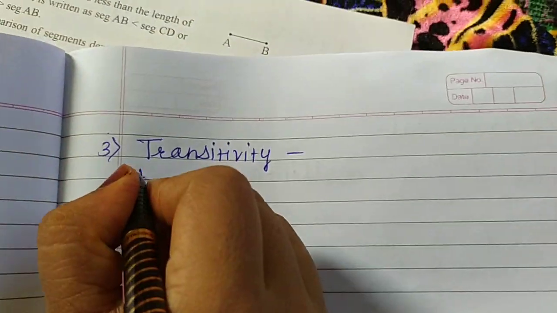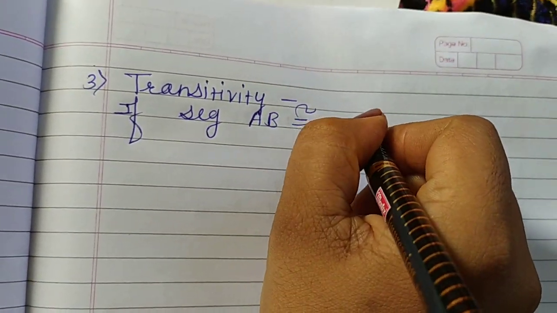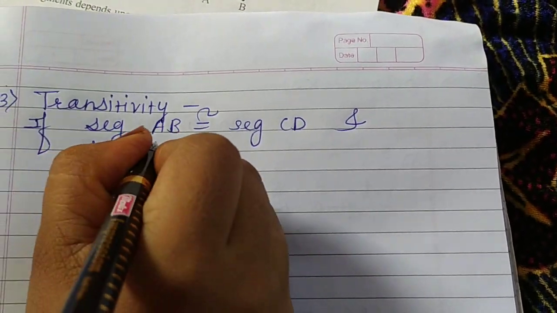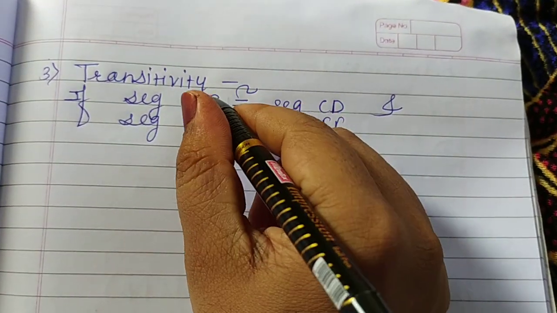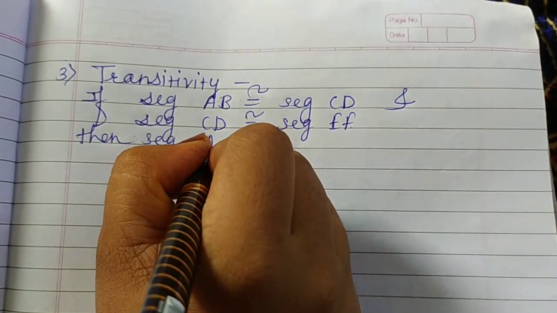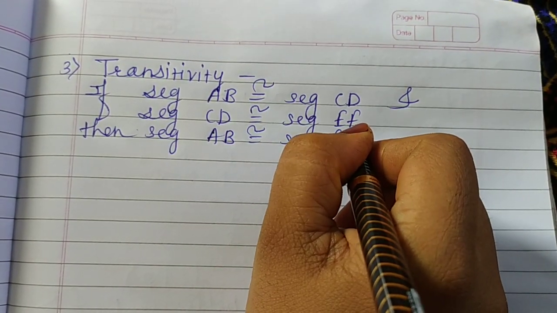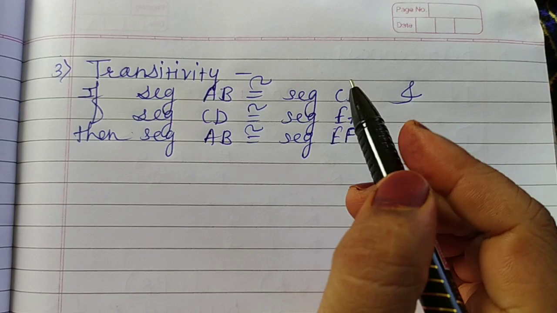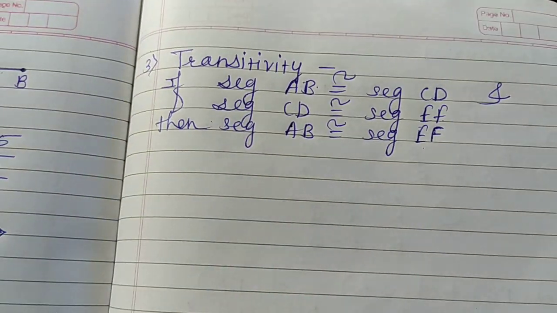The transitivity property means if segment AB is congruent to segment CD and segment CD is congruent with segment EF, then segment AB is congruent with segment EF. These things are very important whenever we start with our theorems and proofs. That time these things are very useful. Okay, now the next point we have to study, the sixth point,